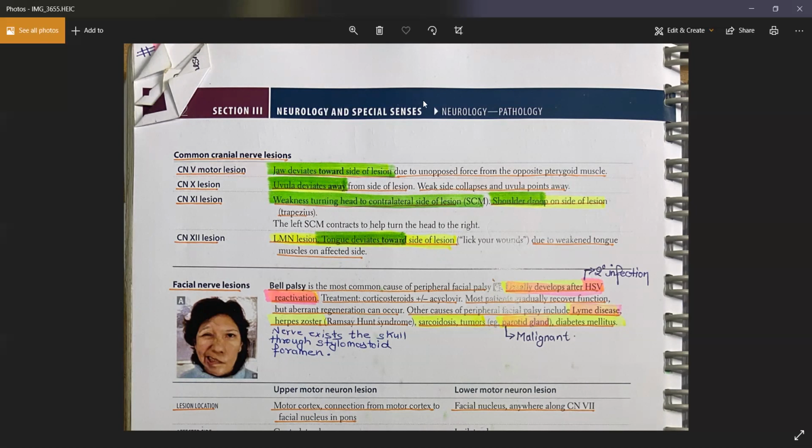If this is your jaw, then the right side nerve pushes the jaw to the left side, and the left sided nerve pushes the jaw to the right side. So if you have left side nerve damage, you will have deviation of the jaw to the left side, the ipsilateral side. So please note the jaw deviates towards the side of